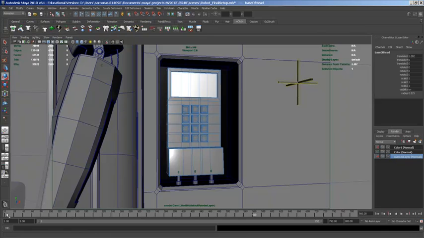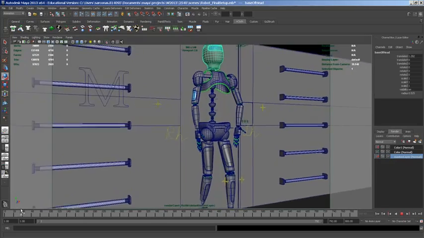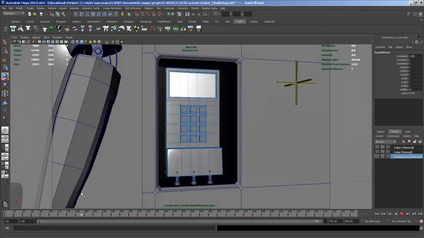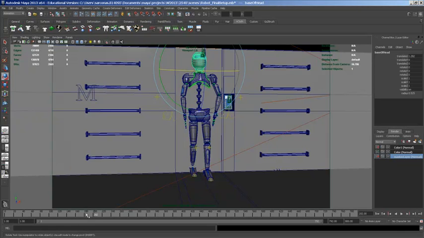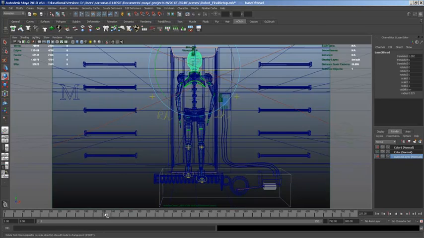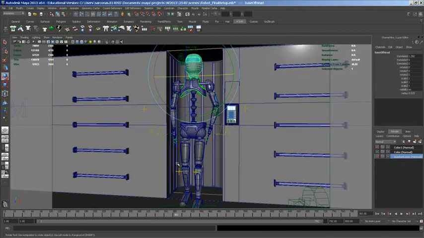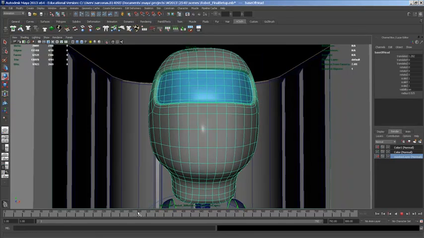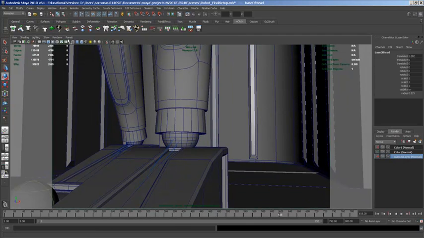Our first scene of this, my robot's out of there because I didn't put him back in. Our first scene is that we're coming in, the lights are powering up on the outside, the access panel opens up, the digits get pushed, that goes to 180, and then from here to here, this is when the door mechanics are functioning and the door is opening. And then we get a little bit closer as the interior lights and the overhead lights go on. And then we have our robot camera, that's showing the robot's lights powering up from top to bottom. And then we have our final camera,